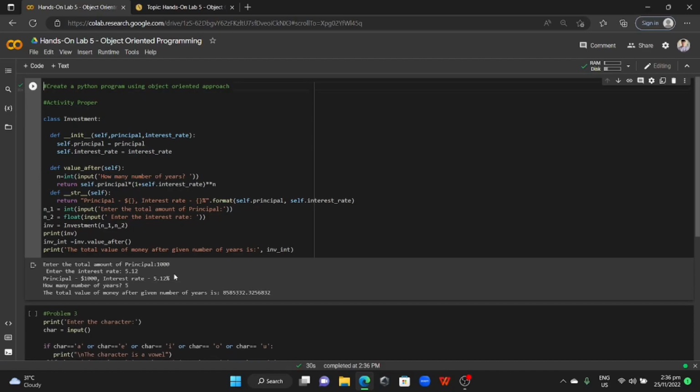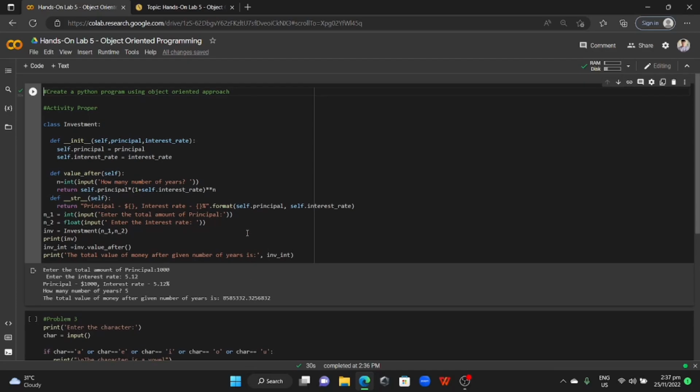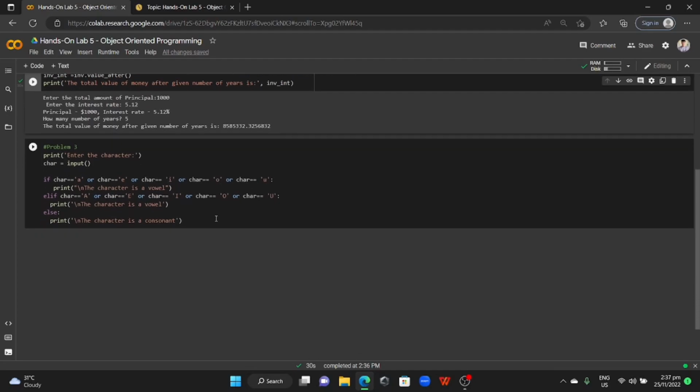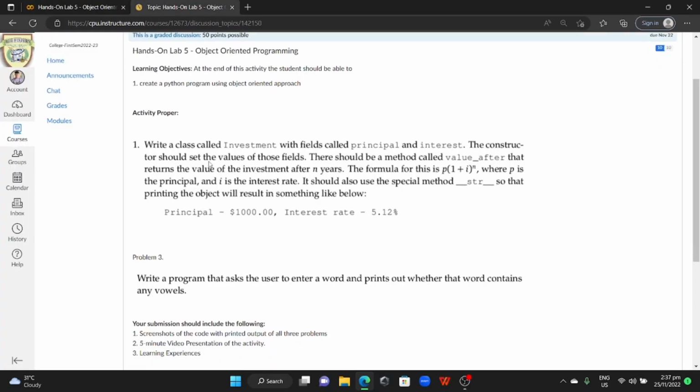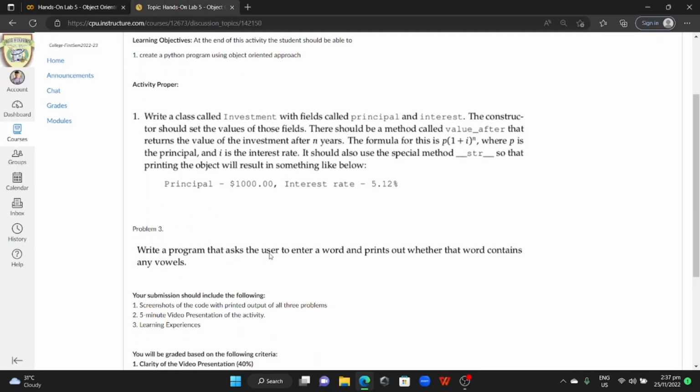So after 5 years, our total value of money after the given number of years, which is 5 years, is 8,585,332.3256832. So again, for our problem number 3, we are going to write a program that asks the user to